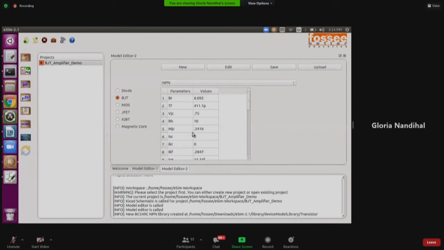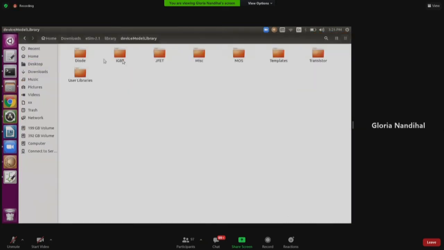When we created using a new model, it's saved in the device model library directory under transistor. But when you upload a file using the upload button, you can see something known as user libraries, and it will be saved in that. Everyone is clear about it? Any doubts? Clear, ma'am. Okay.